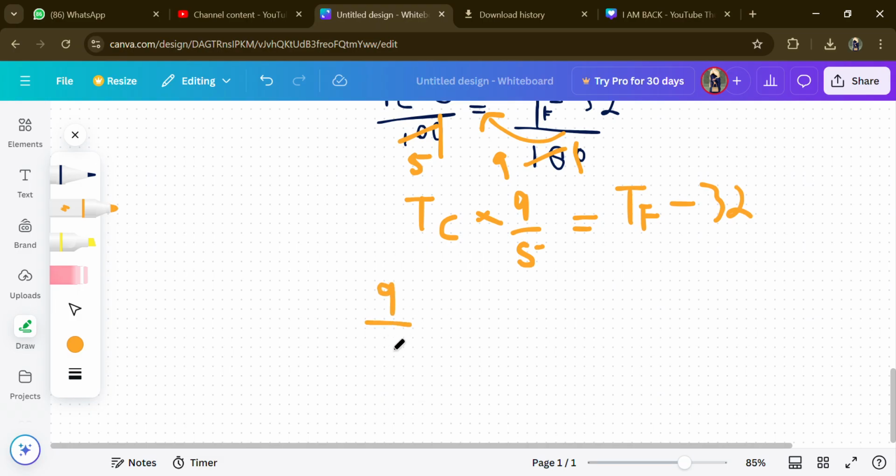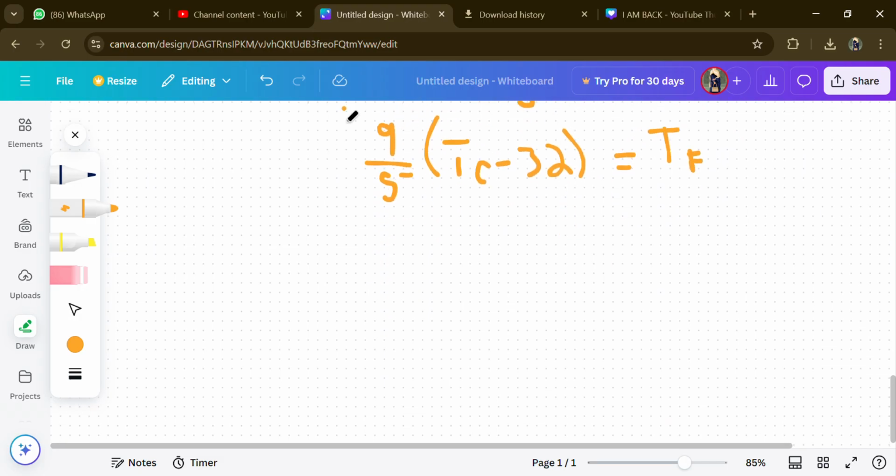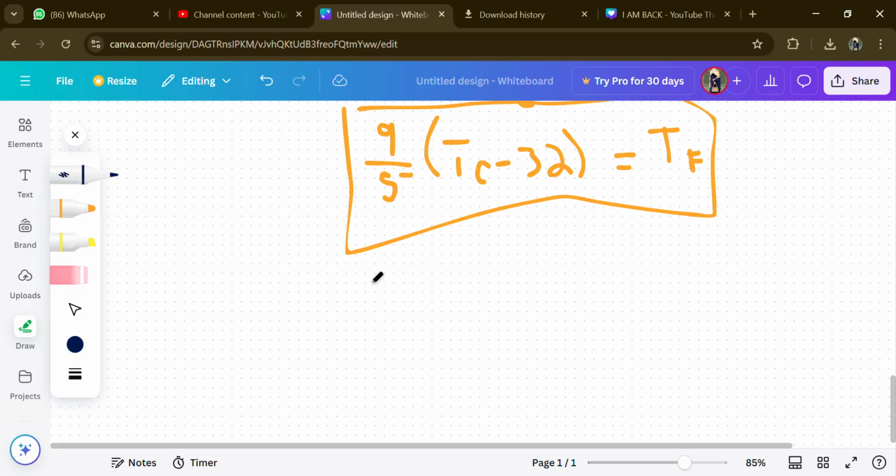So 9 upon 5 into TC plus 32 is equal to TF. Let me give you an overview. This is the formula that we got to find the TF. Now what we have to do is basically just take an example. Tell me if we have 32 degrees